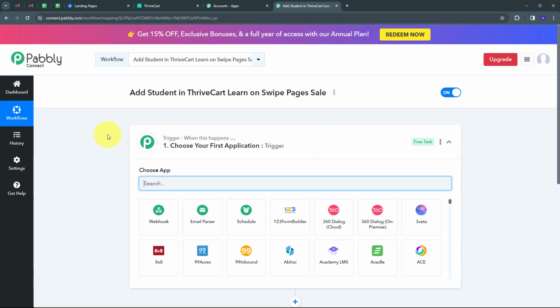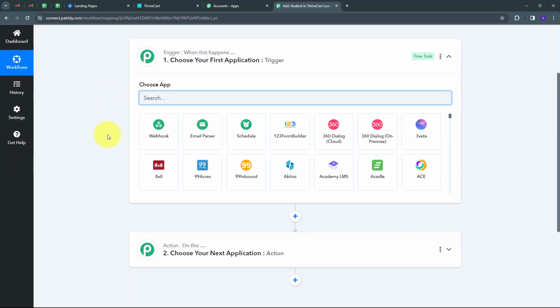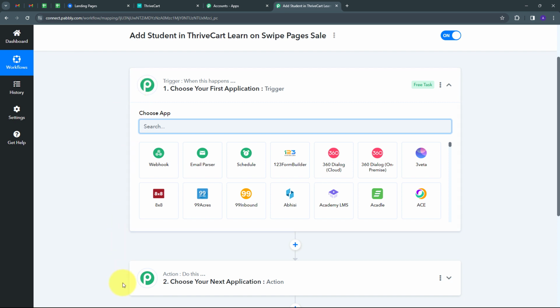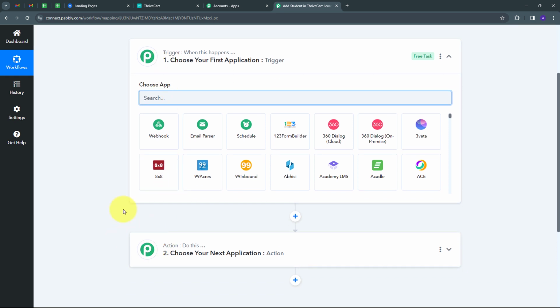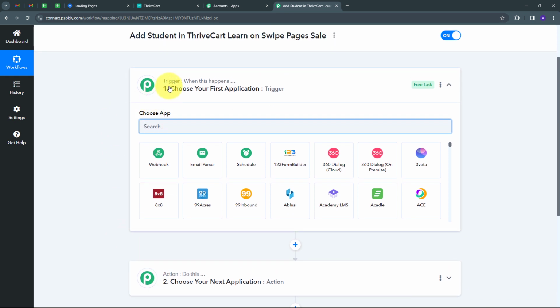And this will take us to this most important window of our workflow. Here we have two boxes, trigger and action. So these are the two main principles on which our workflow works. And trigger says when this happens, action says do this. So trigger is going to be the first step that will get executed in our workflow and action will just follow that. So we have to set up our trigger first and here my trigger application is going to be